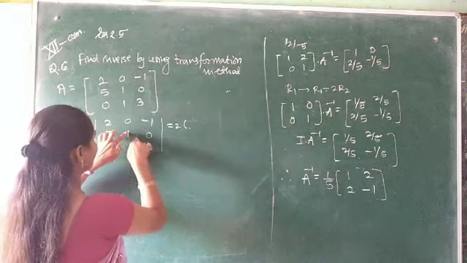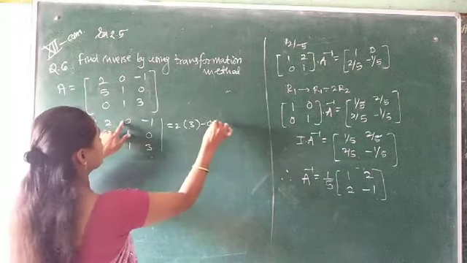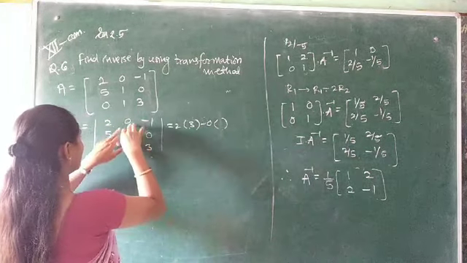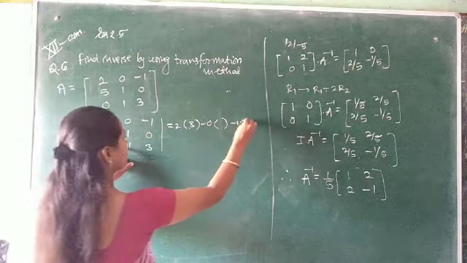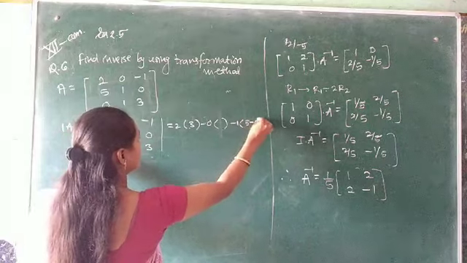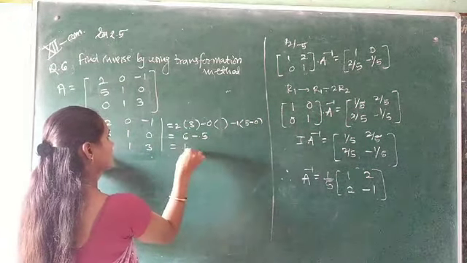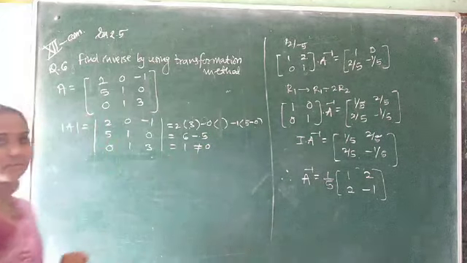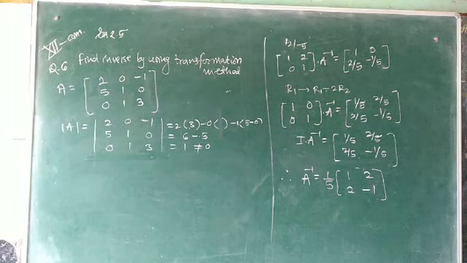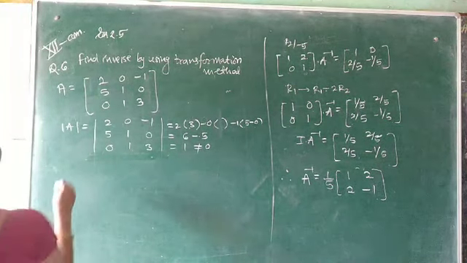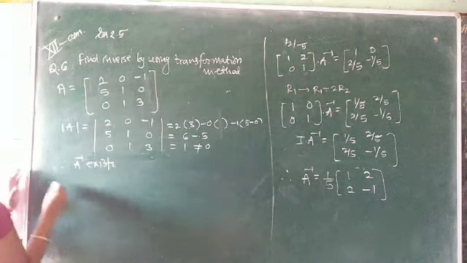All of you know how to solve the determinant. 2 into 1 into 3, 3, 1 into 0, 0. So I am writing. Next here it is 0, so don't take elements. Now minus 1 into 5 into 1, 5, minus 0 into 1, 0. 2 3s are 6, minus 1 into 5, 1. 6 minus 5, 1. Not equal to 0. Therefore determinant A is non-zero. Therefore A inverse exists. So use the definition of inverse.